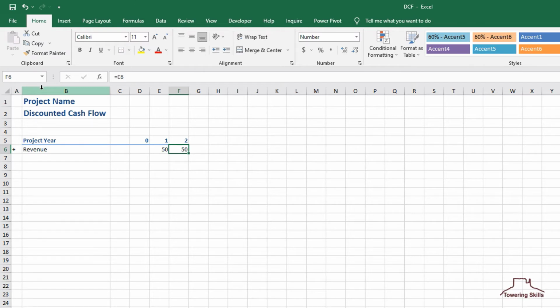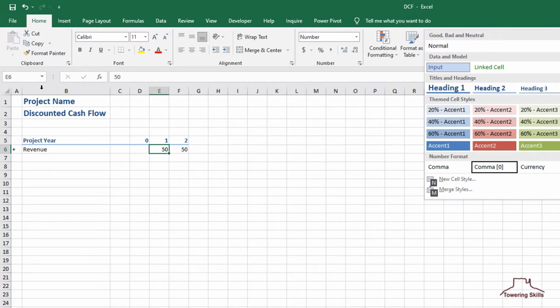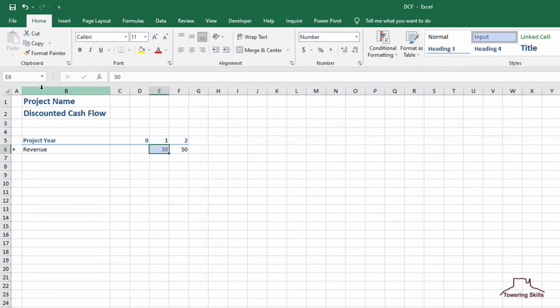On the other hand, if you have different revenue values, you can enter your values. We'll format cell E6 as an input style, which has a light blue fill color and black borders.